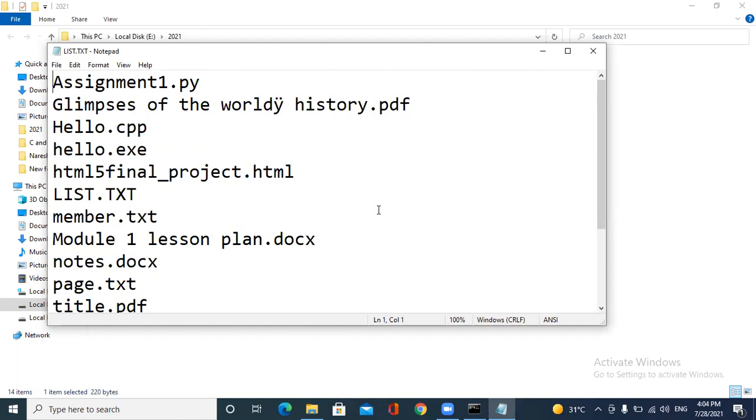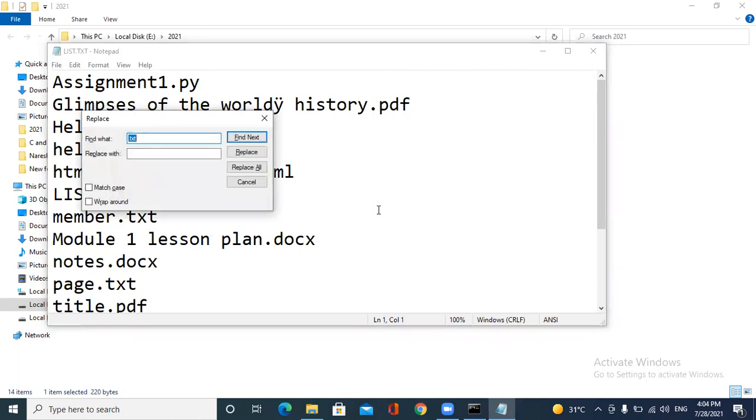For replacing, find and replace, I am using the Control H shortcut here. Here I am typing the extension .txt, just for example. In the replace with field, I am not typing anything, and I just press the Replace all button.